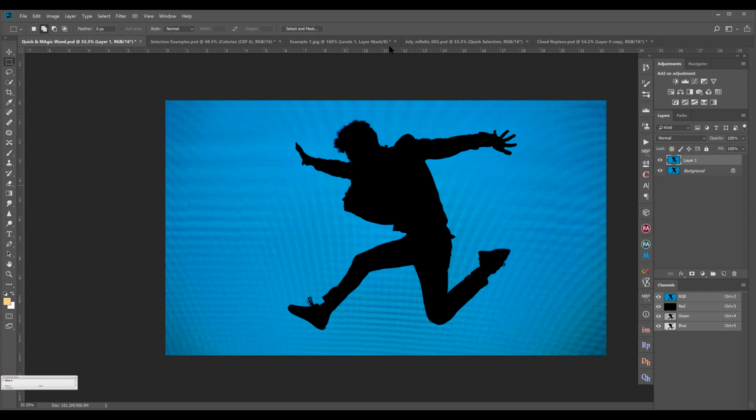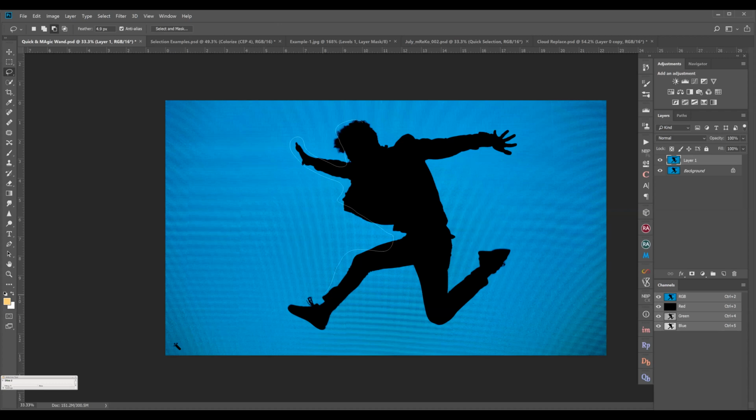So what we will do is, we will take the quick selection magic wand tool and click on the subject. Okay, so what I did, I just selected the magic wand tool and clicked on the subject, and Photoshop did the selection for me.